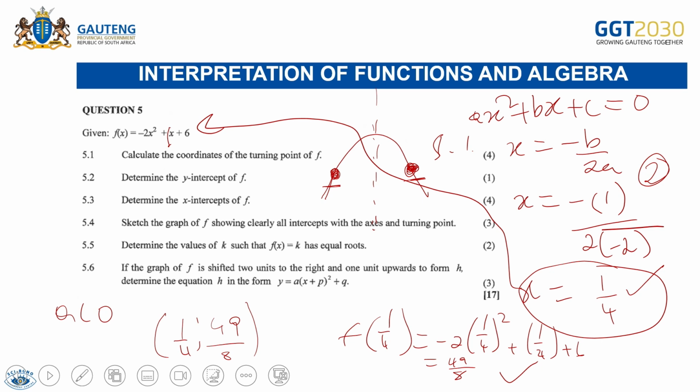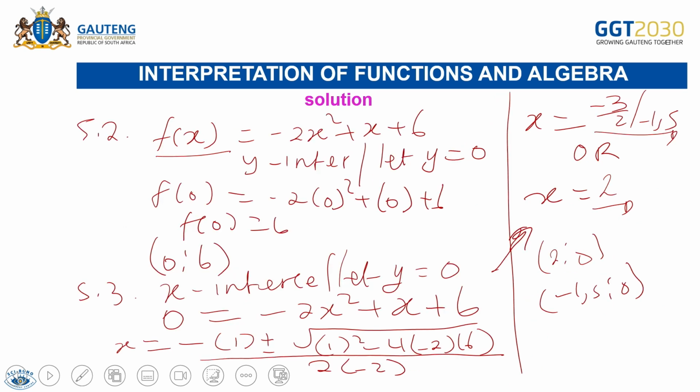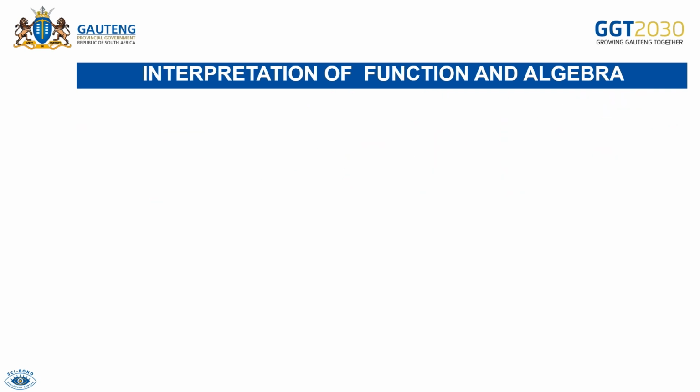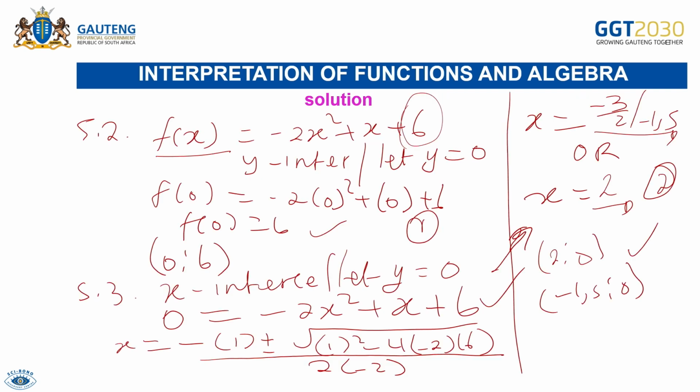And then here you only get 1 mark. Why is it only 1 mark? Because you can find the y-intercept just by looking at the graph. Remember, your value of c is your y-intercept. Then the other one is 2 marks: for letting y be 0 here, and for getting both values of x correct, again you are getting your 2 marks. Then let's move to